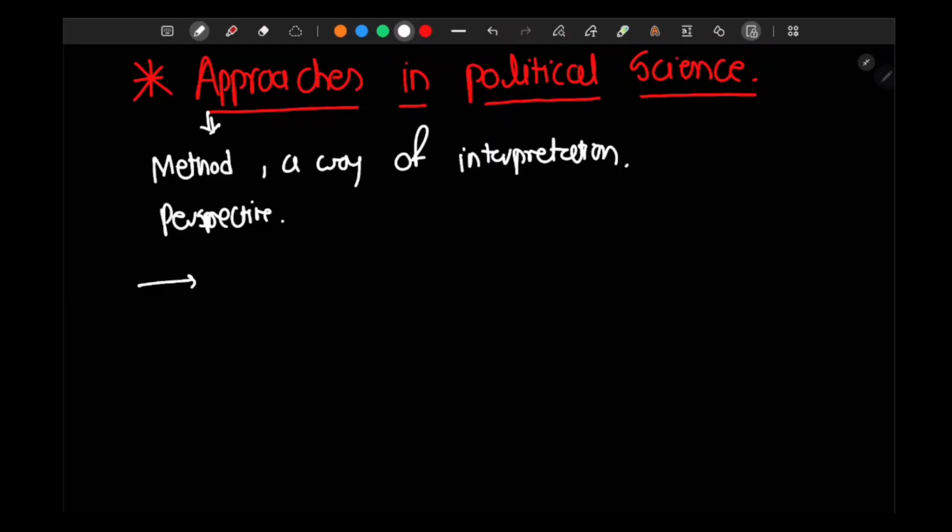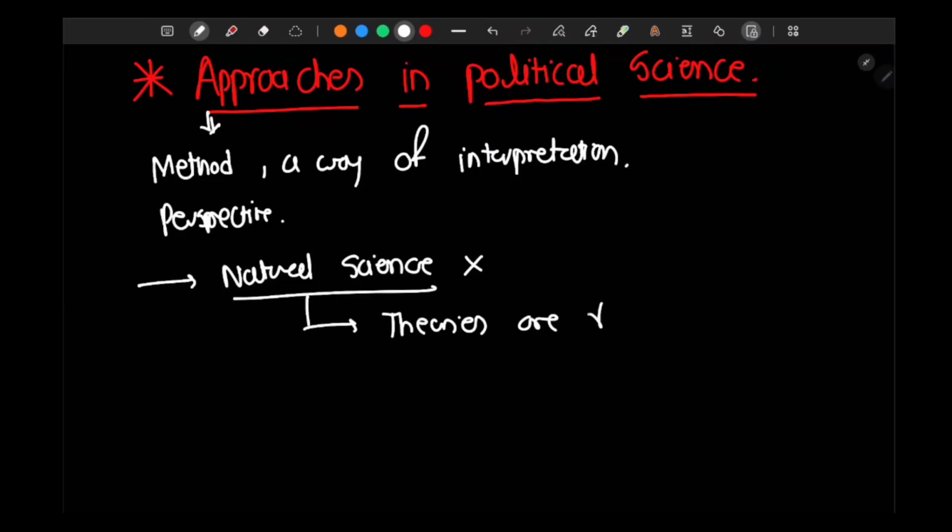There can be no perspective in natural science, because theories of natural science are definitive theories. Frontier physics today works on string theory. There you can see approaches, right? String theory is one of the approaches of physics, but it is also very philosophical in a sense, right? It came out of a thought experiment.